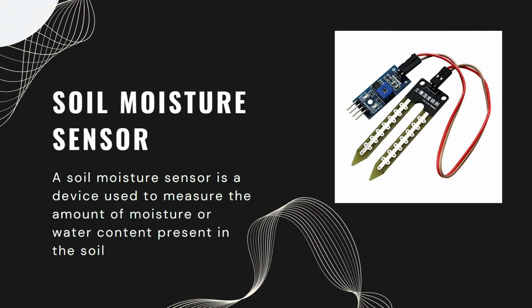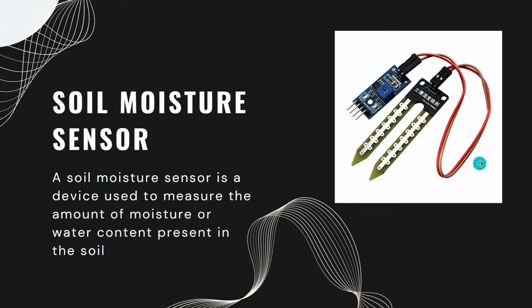So the sensor measures the resistance and converts it into a moisture reading that can be displayed on a screen or transmitted to a data logger or controller. This sensor can be used for various applications such as precision irrigation, drought monitoring, environmental research and soil analysis. They can be installed at different depths in the soil depending on the type of crop or plant being grown and the soil type. Some soil moisture sensors can also be connected to an irrigation system or a weather station to automate watering based on real-time soil moisture data.